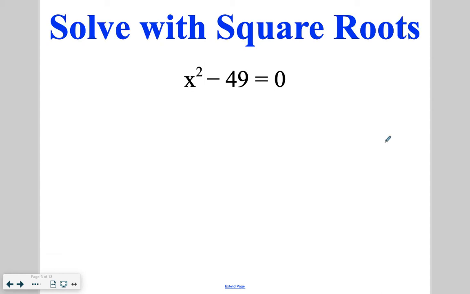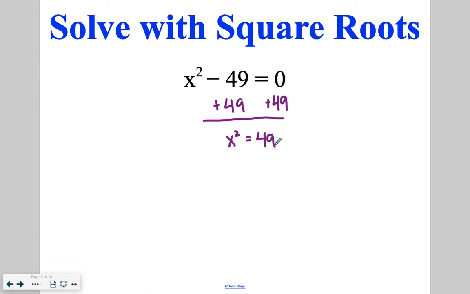So, when you are solving with square roots, our goal is to isolate the x squared term. What I mean by isolate is get the x squared term all by itself. In this case, this is going to be one of the simplest problems. We've got x squared minus 49 equals 0. To get x squared by itself, I'm going to add 49 to both sides, giving me x squared is equal